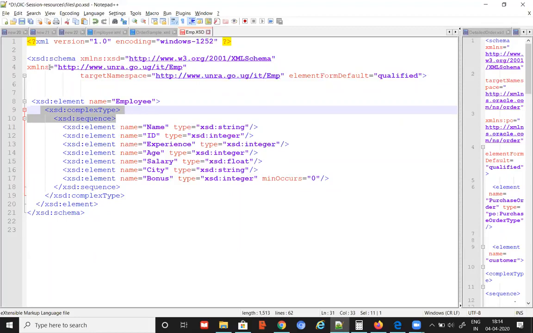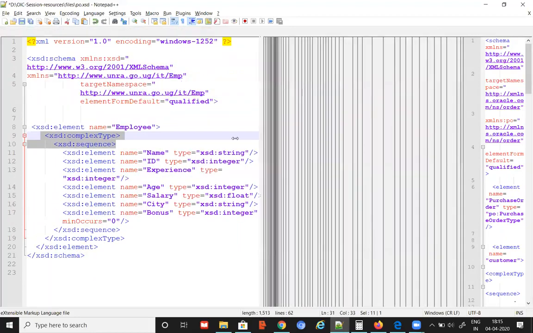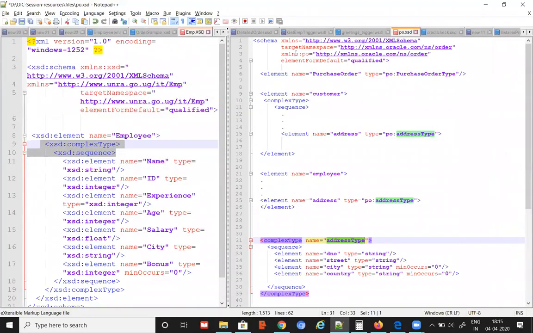Here I said without prefix. That means anything with which I want to refer to my own elements, I'm going to refer to them without prefix. Anything coming from this namespace, I want to use XSD, but I did it differently here. Anything coming from this target namespace, I'm going to use without any prefix. Within my own document, I'm going to use PO. It's fine. It's all logical how you want to develop.